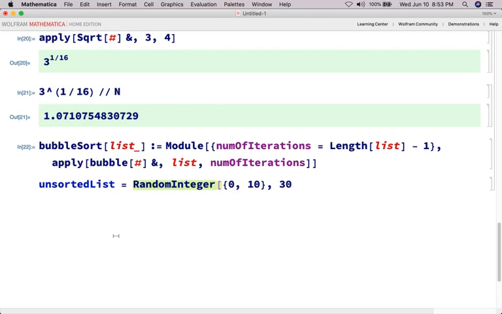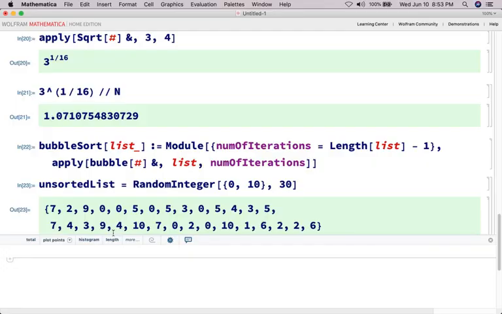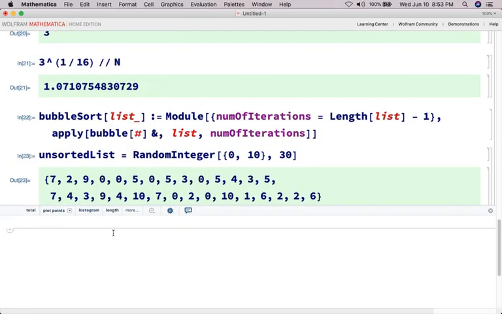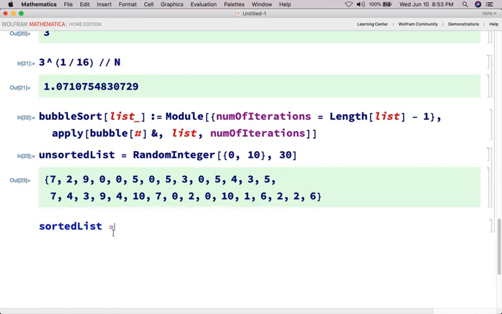I want 30 random integers between 0 and 10, okay? Here we go. And sorted list is equal to bubble sort unsorted list,